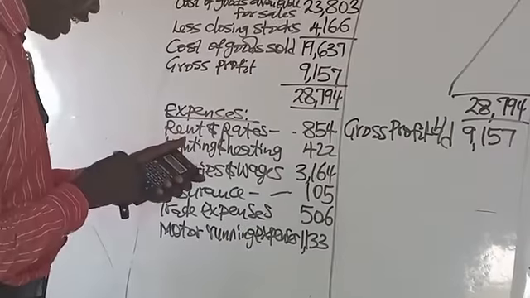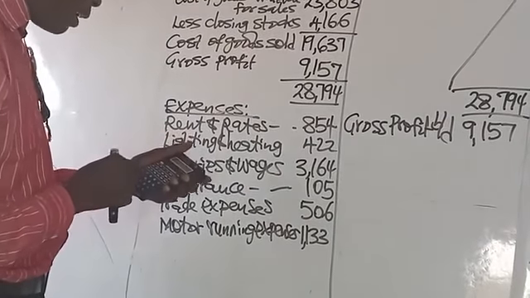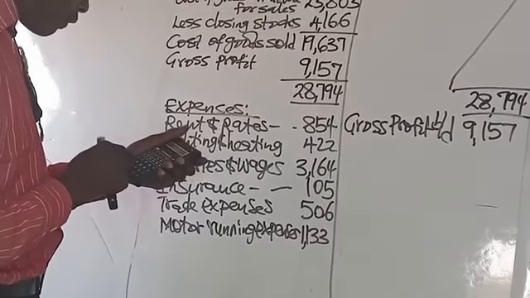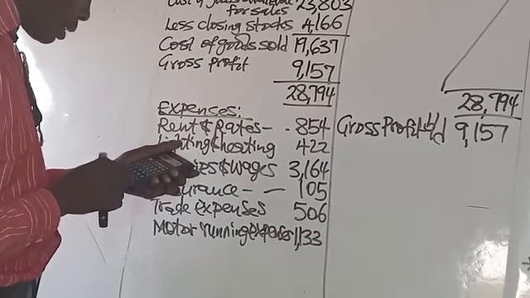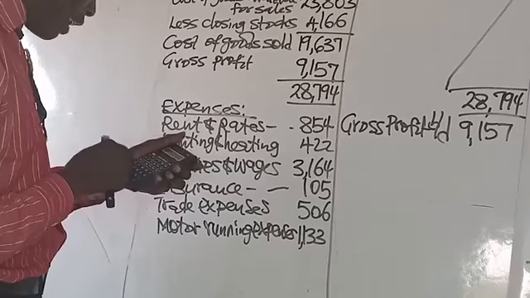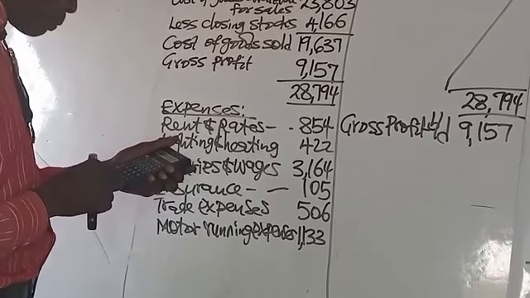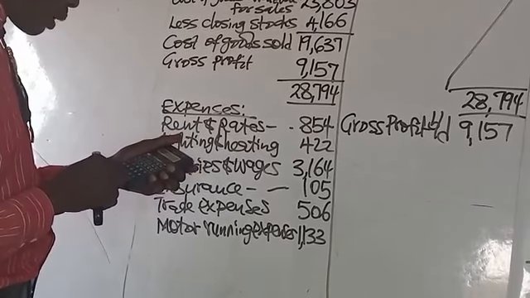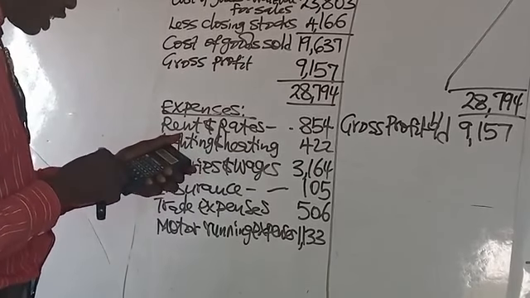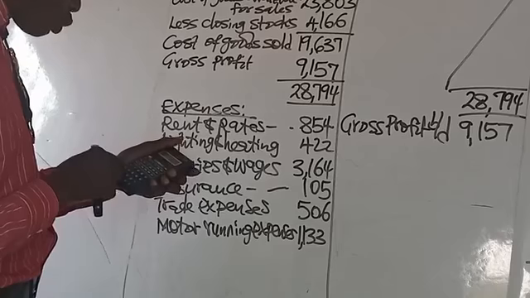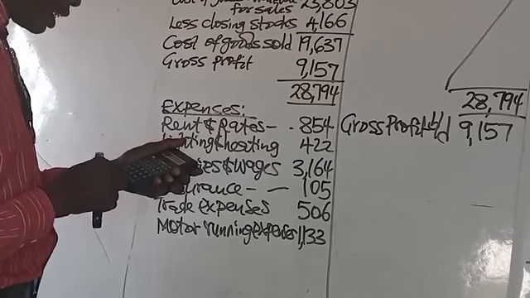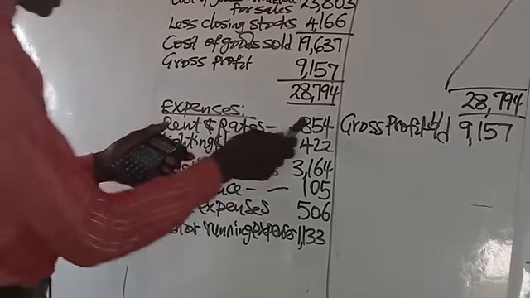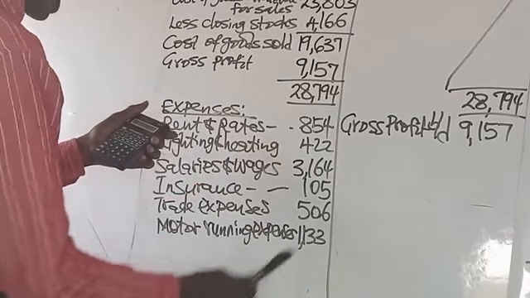We have 854 plus 422 plus 3,164 plus 105 plus 506 plus 1,133. All the expenses are totaled